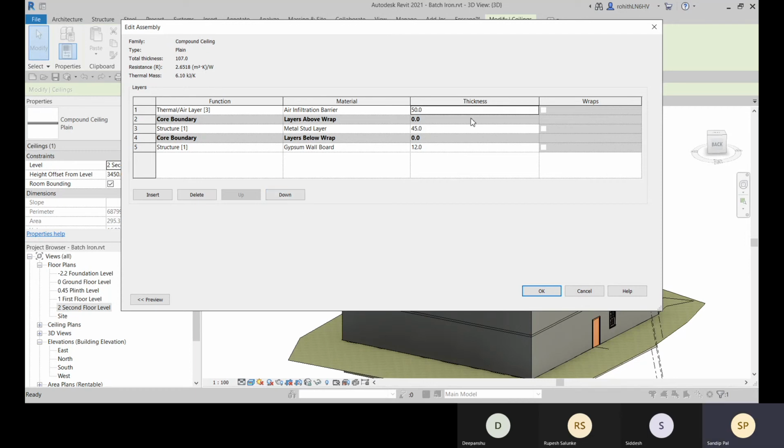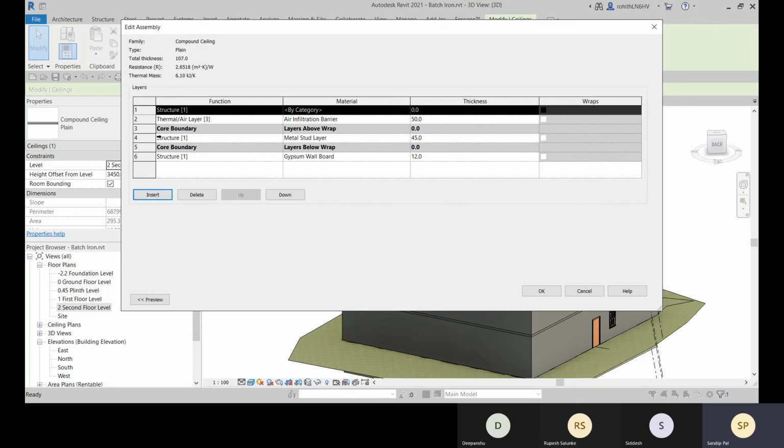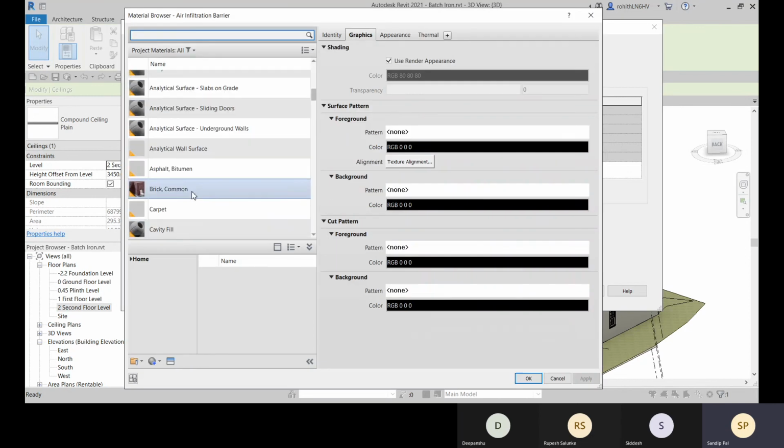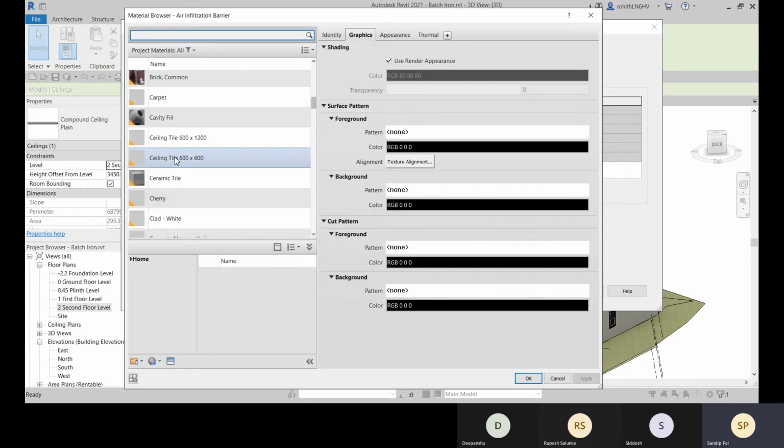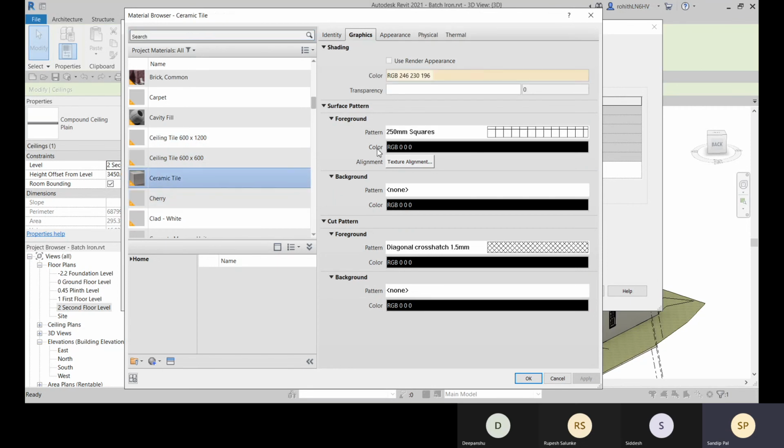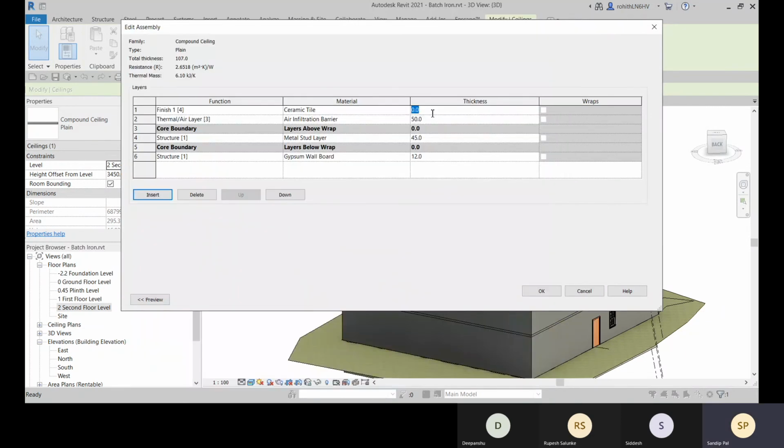Fine. Now let me add another, which will be added as the finish one. For this finish one, let me add ceiling tile 600 by 600, or this one, ceramic tile. Whatever you like, you can add that material. Click on apply and OK. And what will be the thickness for the tiles?